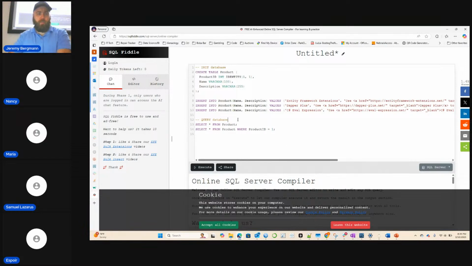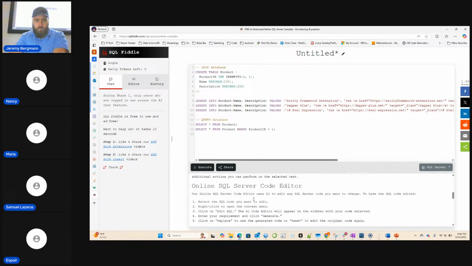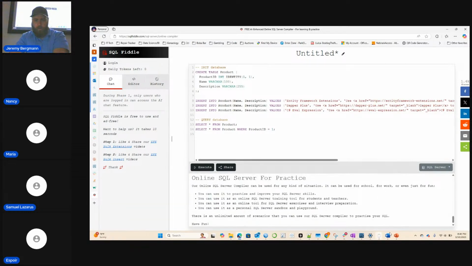I don't know where they have the schema for this. Insert into product. And then you don't have to worry about breaking anything either. I haven't used this one in a little while, but they must have a table schema here somewhere. All right.